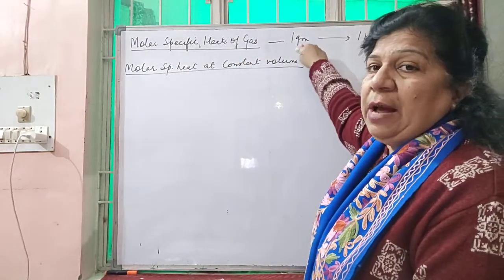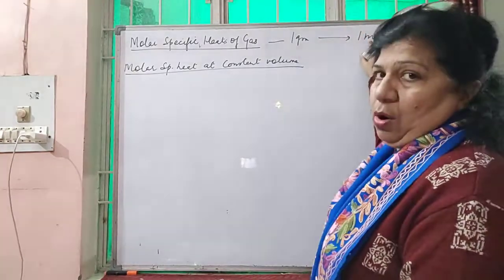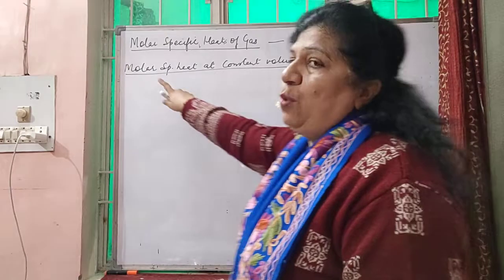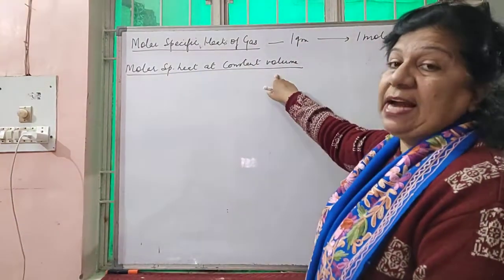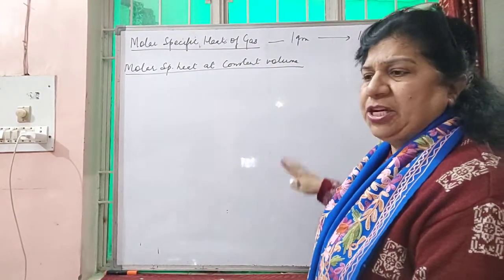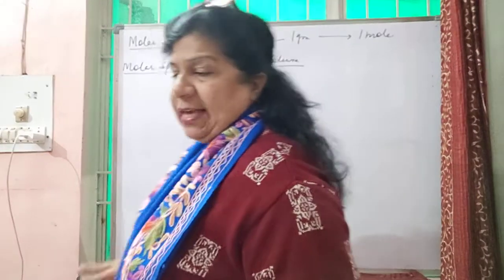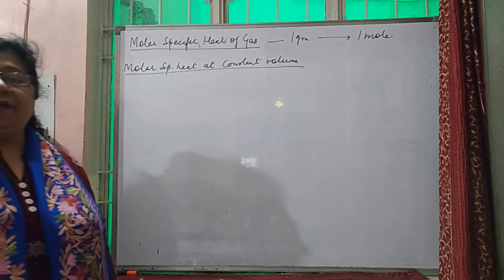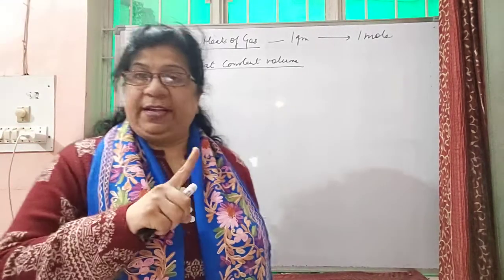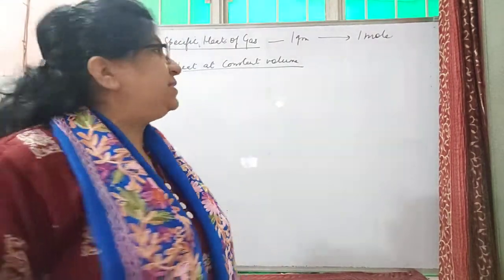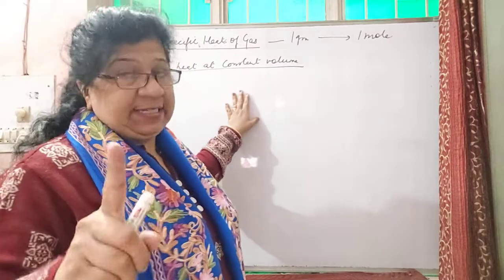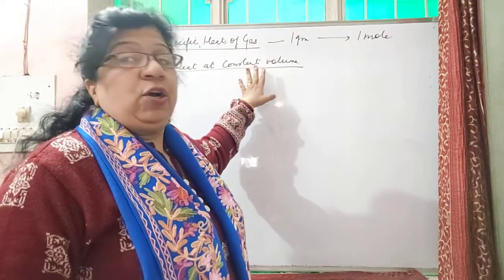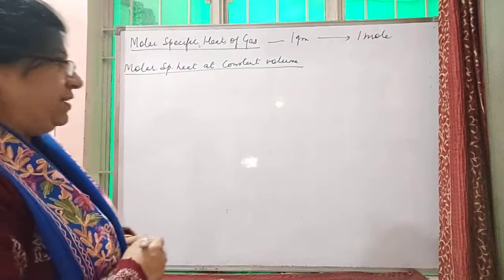Now instead of 1 gram of gas, if we take 1 mole of gas, then this specific heat is known as molar specific heat of gas at constant volume and pressure. The idea will be the same, that is, the amount of heat required to raise the temperature of 1 mole of gas, instead of 1 gram, through 1 degree centigrade or 1 Kelvin at constant volume. So what we see here is